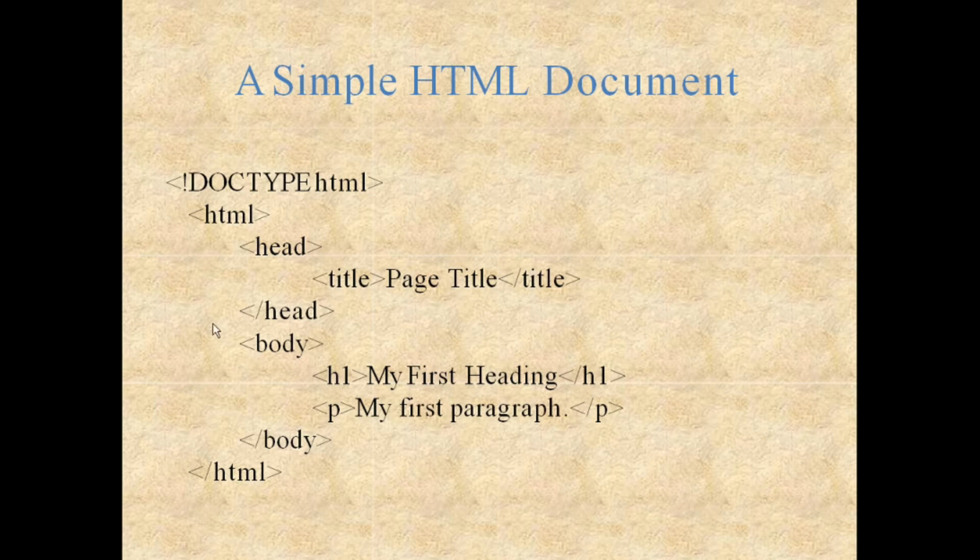This head also has a starting tag and a closing tag. Next is the body tag, or the body element, and inside the body section you have two more HTML elements. That is h1, this is the starting tag and this is the closing tag. H stands for heading. You will have different types of headings, that is H1, H2, H3. H1 is the heading with the highest importance, and lower to that is H2, then you will have H3, H4 and so on.